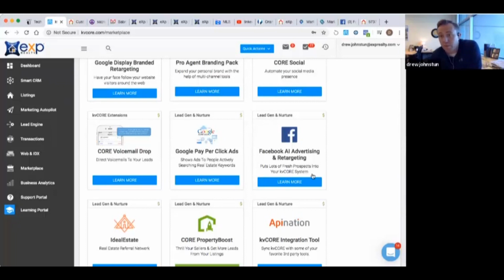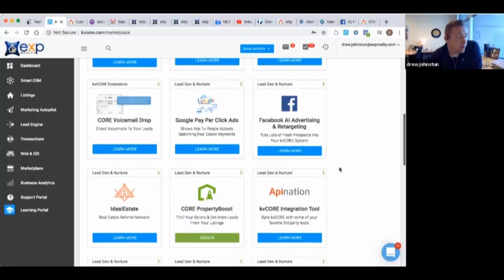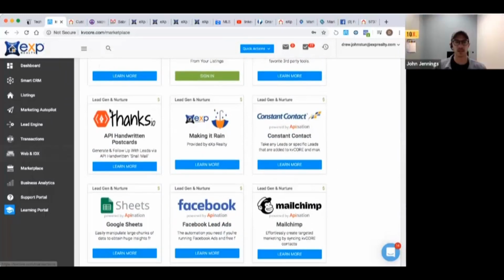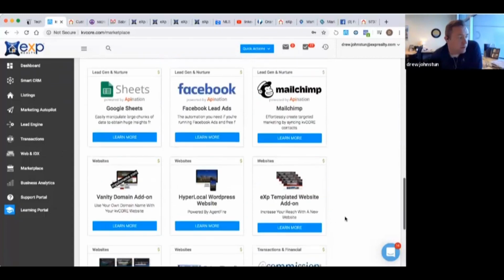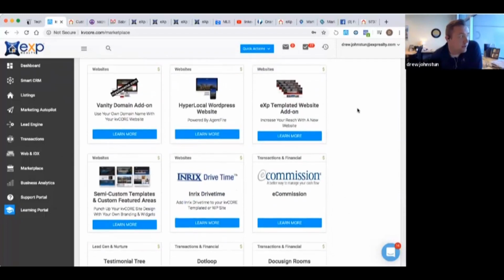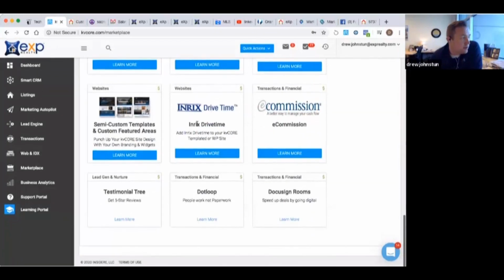I also do it for people if you want a little bit more control. These are really great tools. There's Thanks.io, MailChimp. There's a whole bunch of stuff that you can do. And see, Pierre, if you saw here, the hyperlocal WordPress website. Those are right there too.